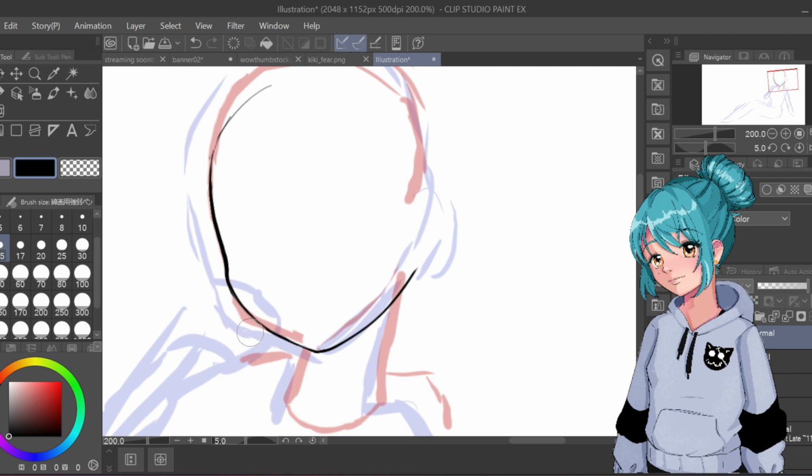I know I said that she has a rounder face, but I think this will look better here. There we go. And she's got these really cool alien earrings. It's the first in a while that I actually draw in the ear and then not have to immediately erase it,